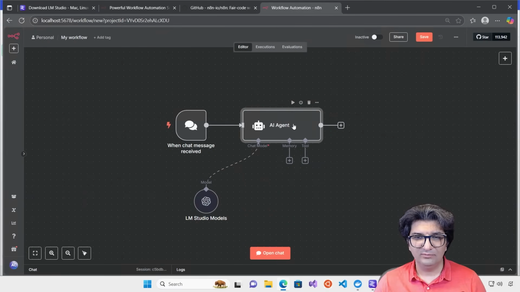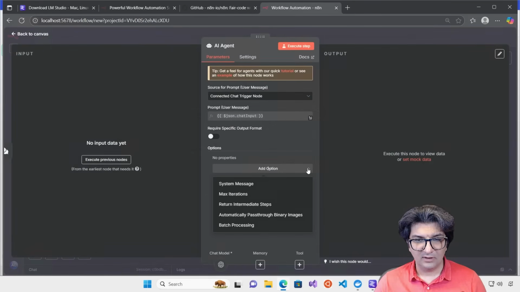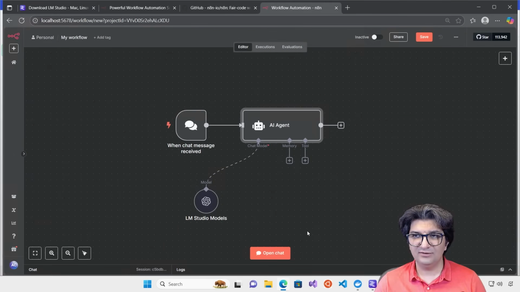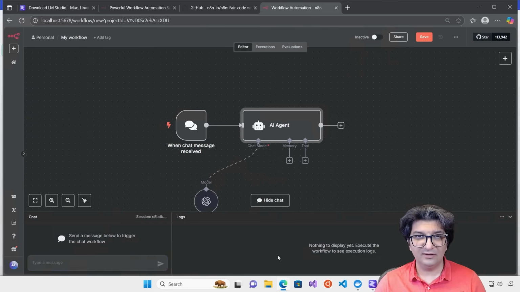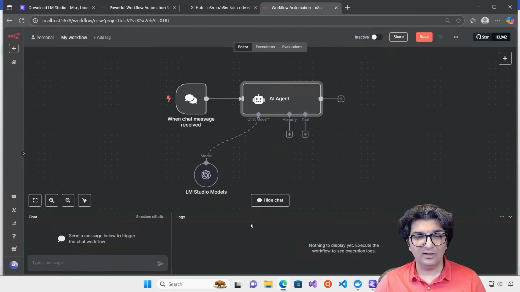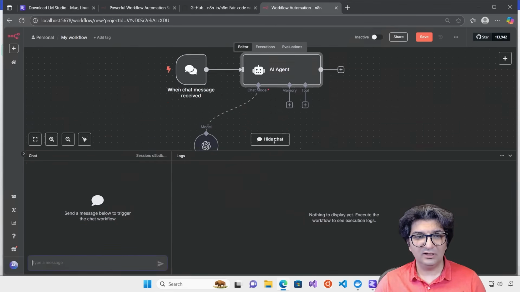So now, if I go to the AI agent, I think you don't need to configure the system message here, because currently our AI agent is just connected to the model. So let's just give it a try. Before that, you might save your workflow to make sure that you're not going to lose any configuration you have done. To test the AI agent, you just need to click on open chat, and that way you can easily test